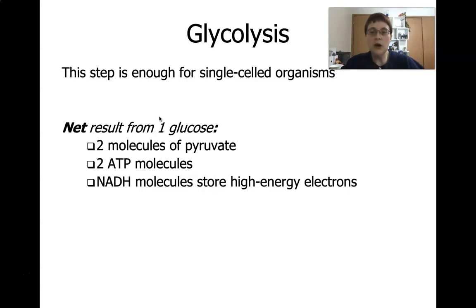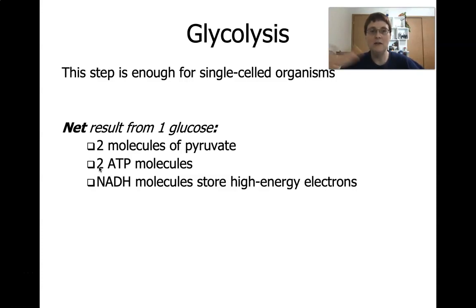So from 1 glucose, the net result, so if you think about your paycheck, you have a gross paycheck and then a net paycheck. The net is what you get after taxes. Same idea here, right? The net is what you get after having to pay for the reaction. So you had to pay 2 ATP. So the net result is you get 2 molecules of pyruvate,